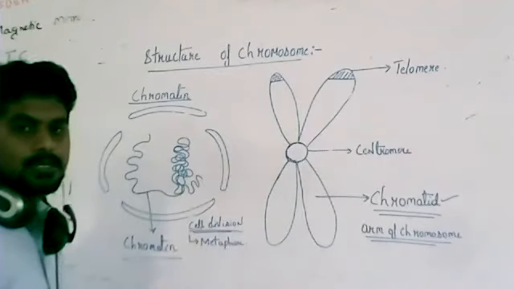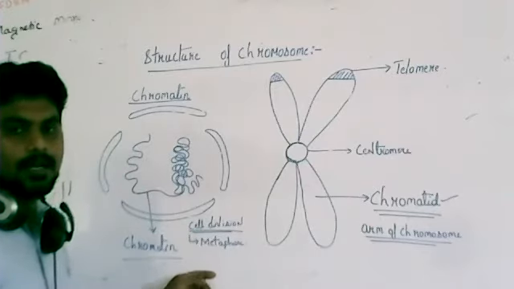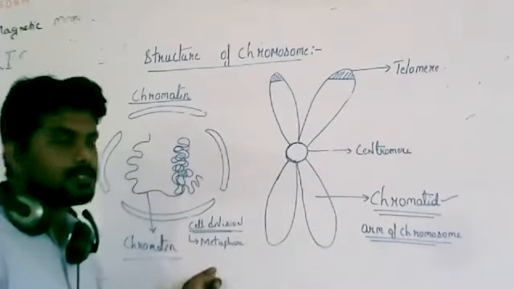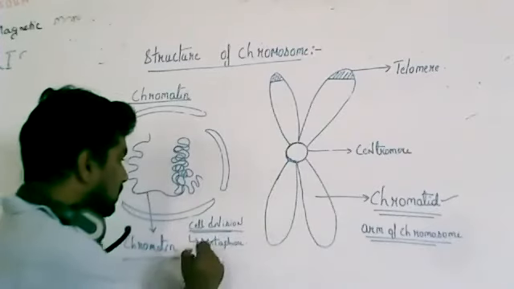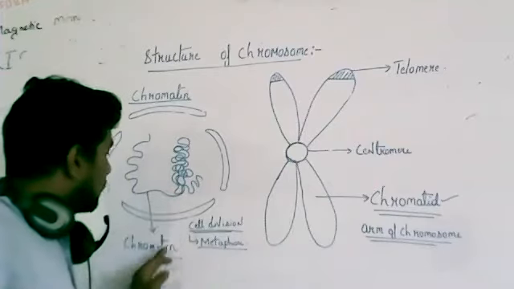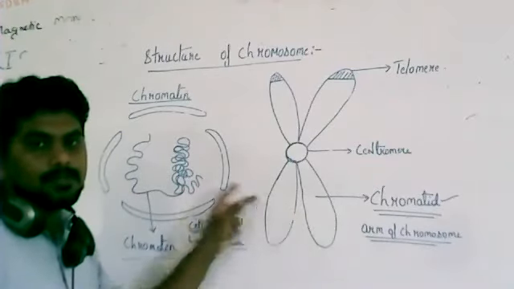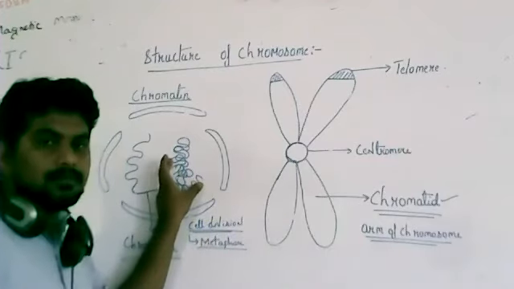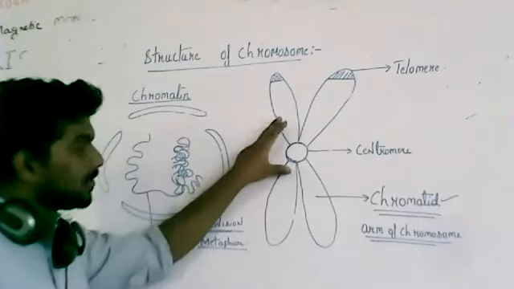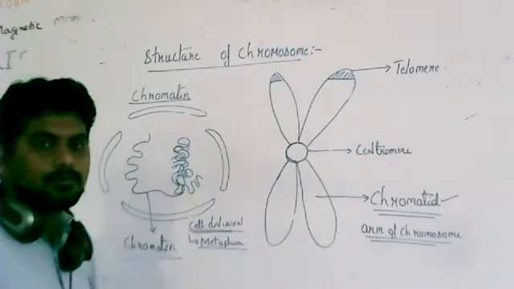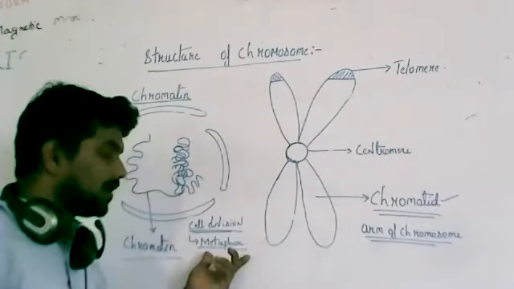During cell division, there are four stages: prophase, metaphase, anaphase, and telophase. These are the four stages which occur during cell division. Only during metaphase, this normal chromatin gets coiled into a chromosome. Packaging becomes more tight, and when it undergoes more and more packaging, it gives a structure called a chromosome. Only during cell division will you find the chromosome.